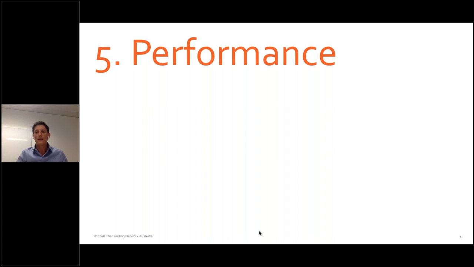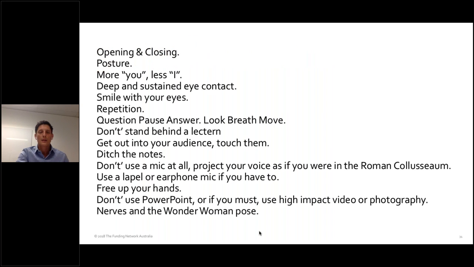As you're working towards that, here are a few tips to think about when it comes to performance. Opening and closing, we've mentioned this before, so it's highly likely that the things your audience will most remember are the way you opened and the way you closed. What was it that you grabbed their attention with as the first statement? What was that story or piece of data or quote that you first opened with? And similarly with closing, how did you leave them? What did you leave them with as a call to action?